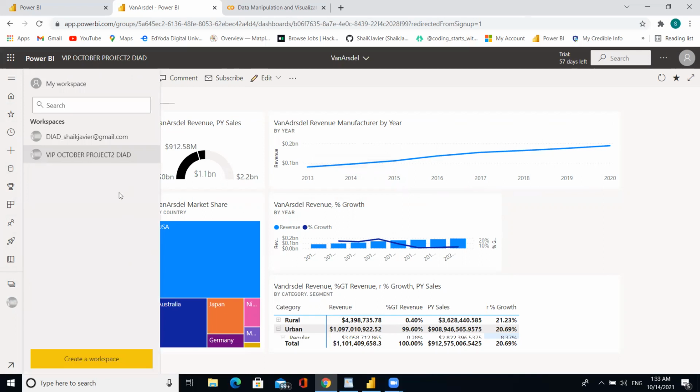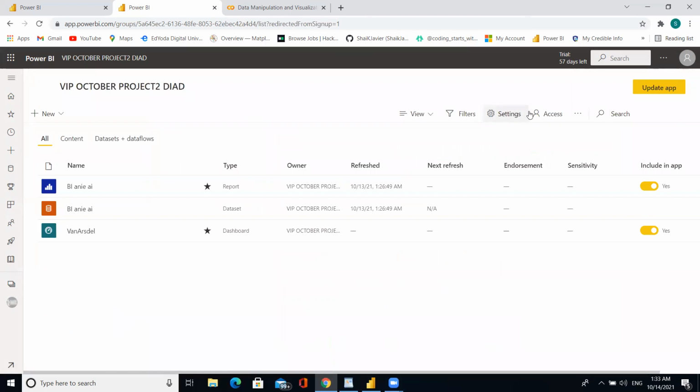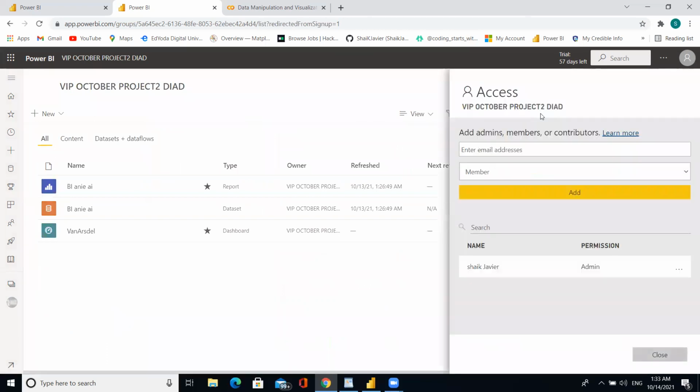Suppose you want to share this workspace: give access here and enter the email address. Suppose John 1919, as a member.